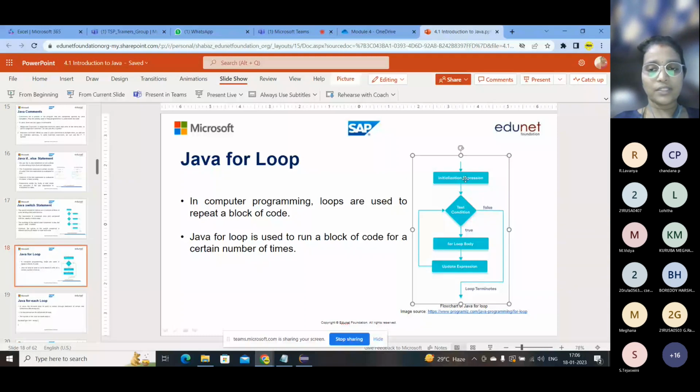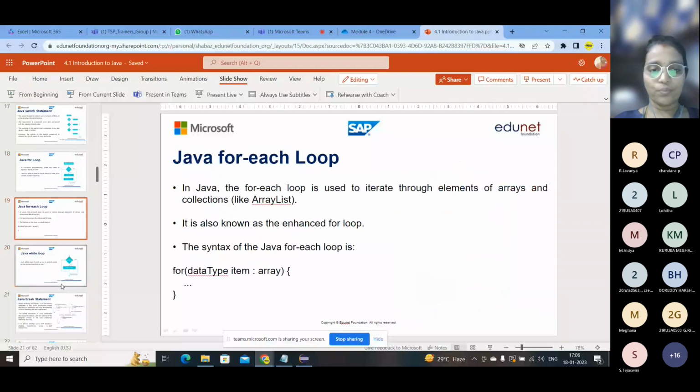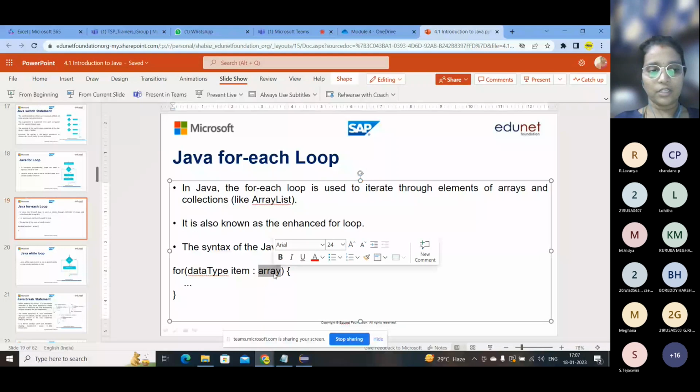And the for loop is very simple, as previously we know how to do it in JavaScript, right? So initialization, test the condition, and then increment or decrement happens. And the for-each loop is mostly used for array lists. You have to assign some variable name and you need to mention the array. Then it will print the values.